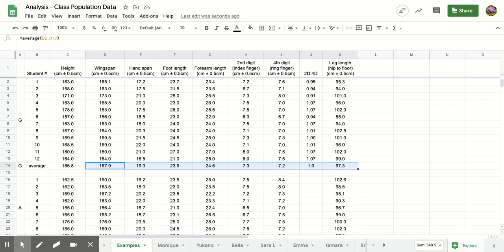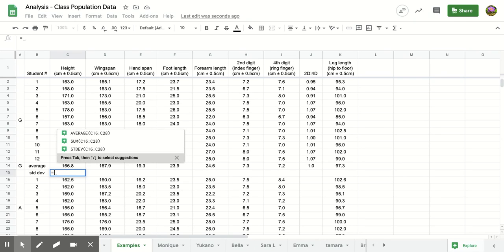The last thing that I will show you is how we can calculate the standard deviation. So this is the average, or the mean we're also going to call it. But in some cases, we also want to know the standard deviation of this same group of numbers. So if I'm going to do that, the formatting is going to be similar. Equals, again, that just tells it that I'm going to do some calculating. And you can see it's actually already anticipated what I might want to calculate. The standard deviation. In fact, that is the formula,